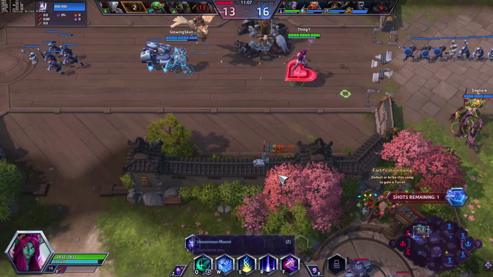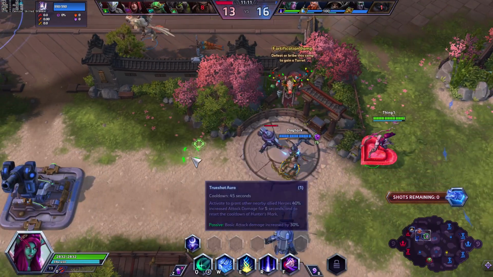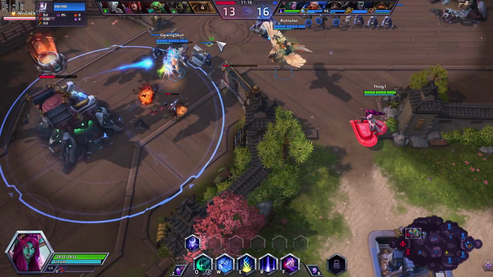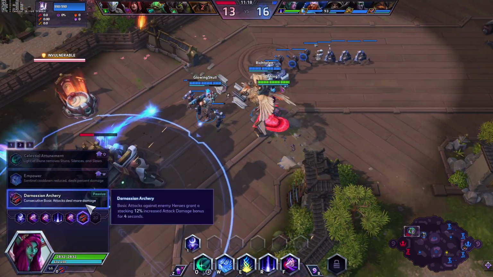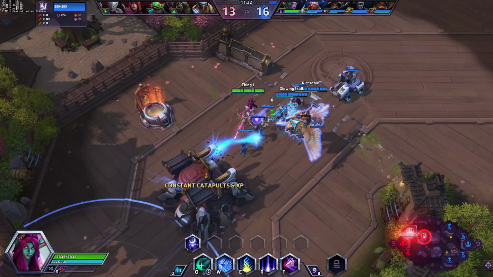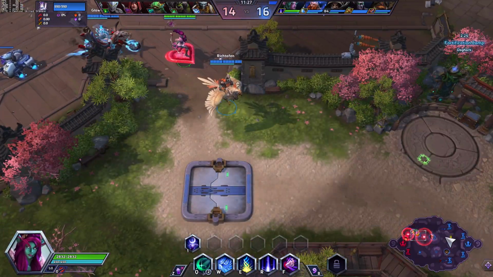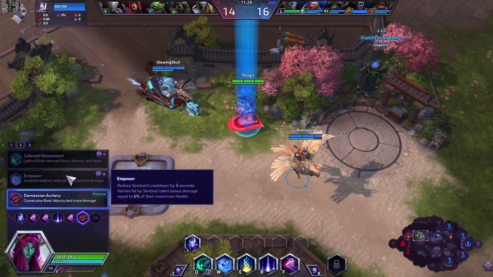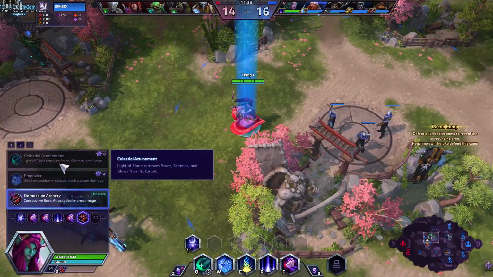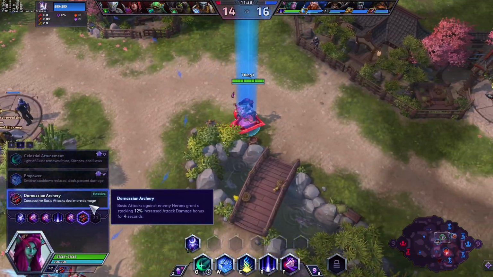We pick up Darnassian Archery here. What this ability does is it will increase the damage we deal with our basic attacks by 12% anytime we basic attack an enemy hero. This stacks infinitely, and it only lasts for 4 seconds. But the only reason we're picking it up is because I think the rest on this talent tier are just meh. I will go for Celestial Attunement oftentimes, but more often than not, I just find myself picking up